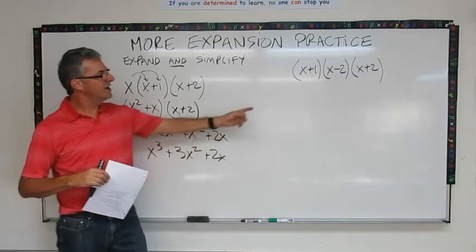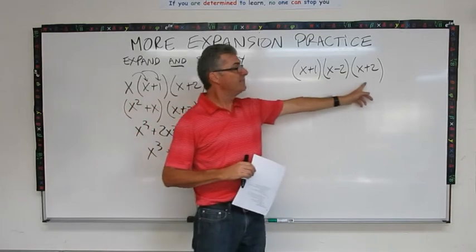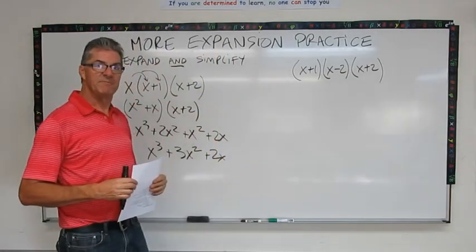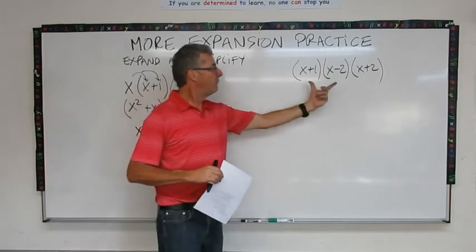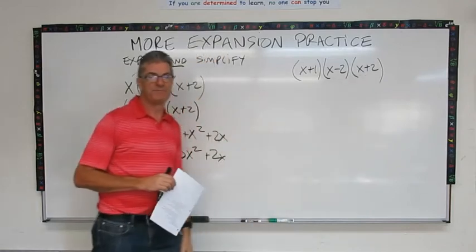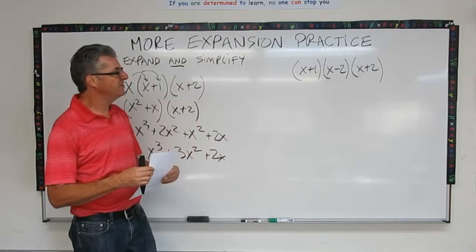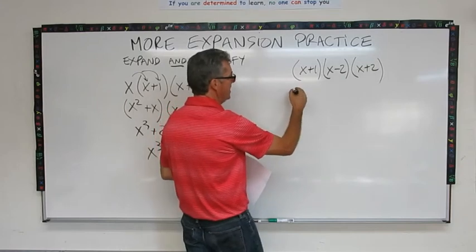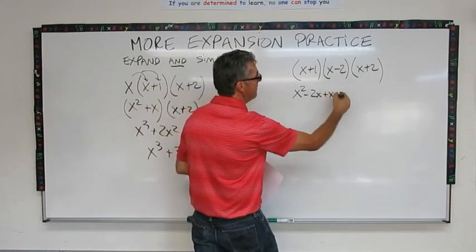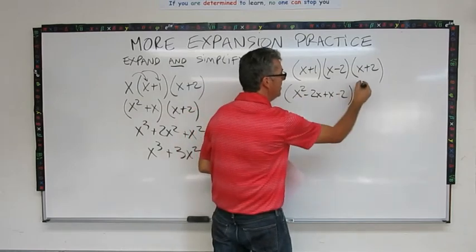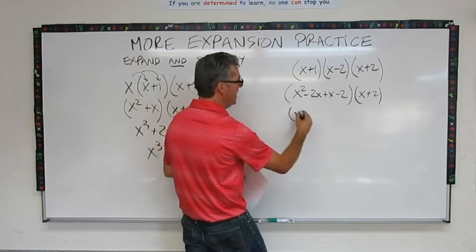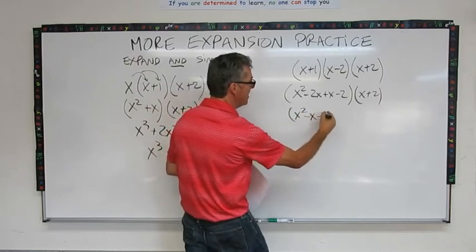Okay, let's have you try this one. This is 3 binomials, but they're all different. Okay? So give that a shot. I'll give you a hint before I let you go. FOIL this, then take the result of that and multiply it by that. Okay? All right, let's see how you did. So I'm going to FOIL this. I'm going to get x squared minus 2x plus x minus 2. Combine my like terms. I'm going to get x squared minus x minus 2